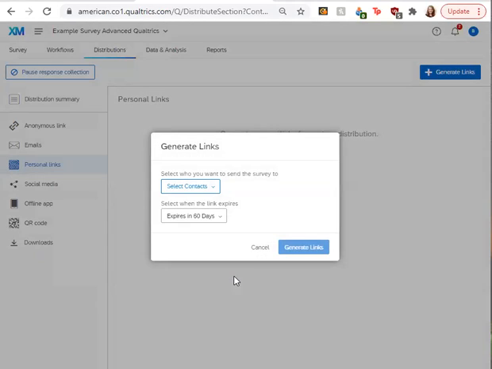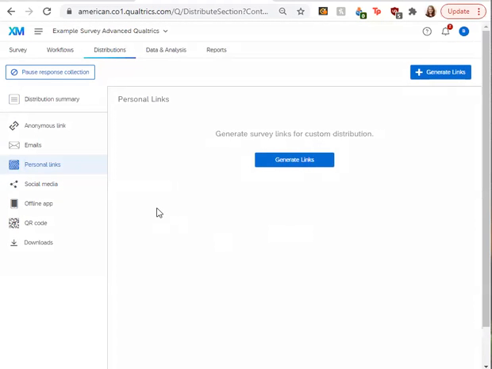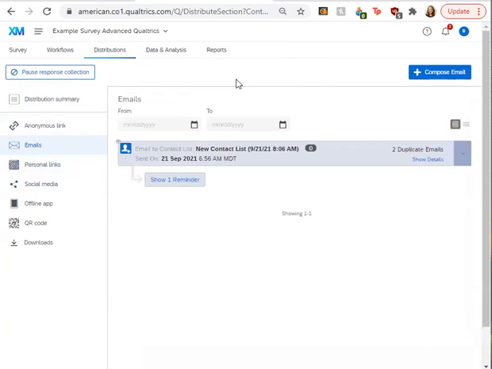That will give you a separate link for each individual, and you can send them that link. And then that way you can track identifying information through those links. So those are two options for web distributions. In addition, we're going to go over email distributions.